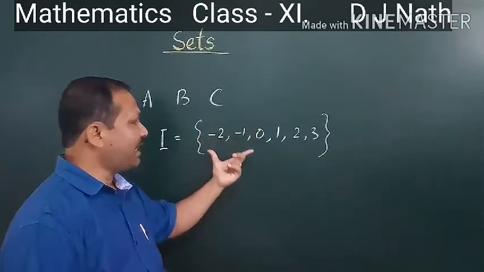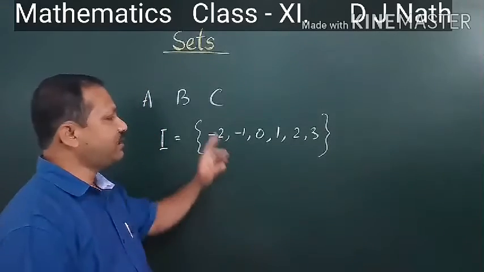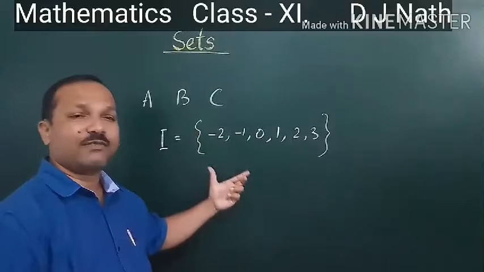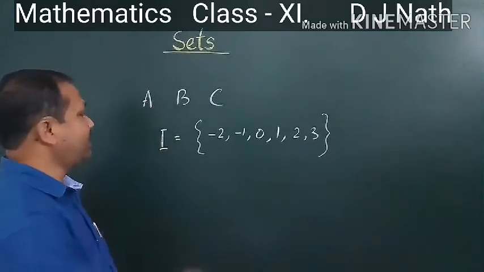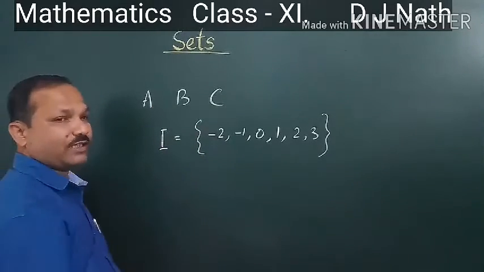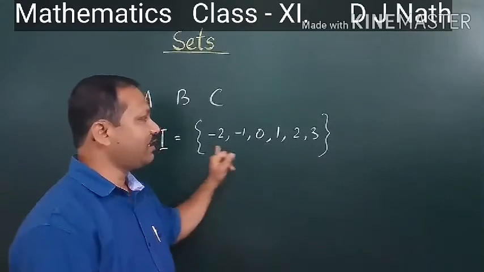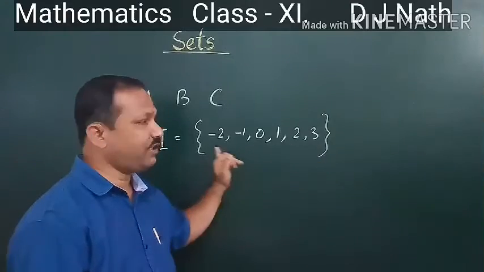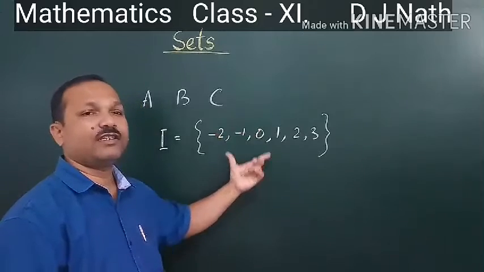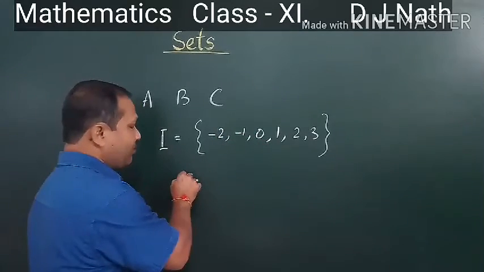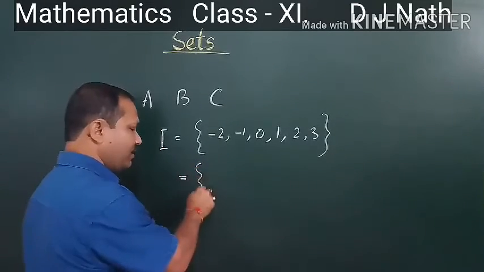Alright. So this set can be represented in two different ways. One is roster form, another is set builder form. Now, when I say this is, say I, a capital letter, this kind of representation, where all the elements are present and we have written each element, is called roster form. And another form is set builder form. The same set can also be represented in writing.